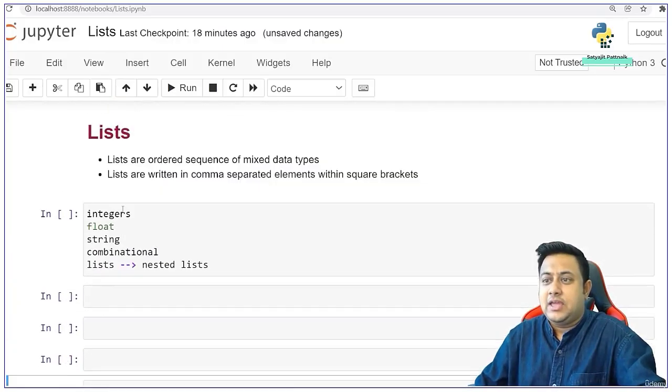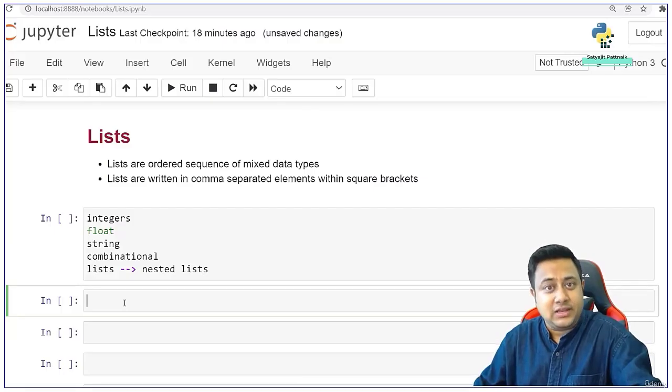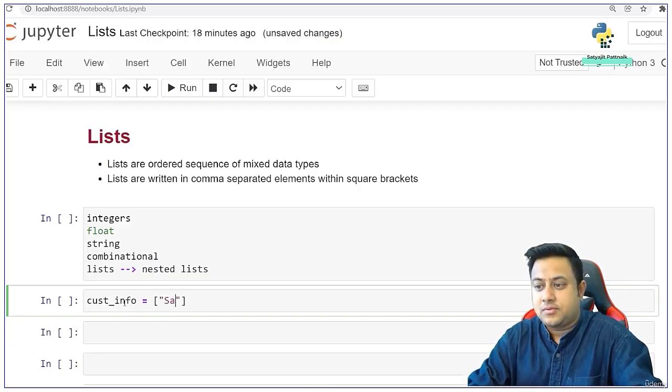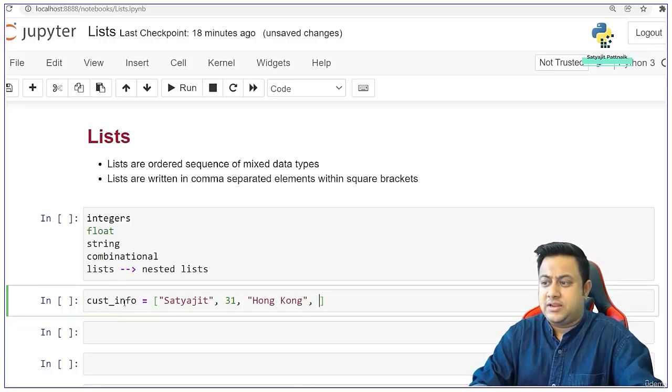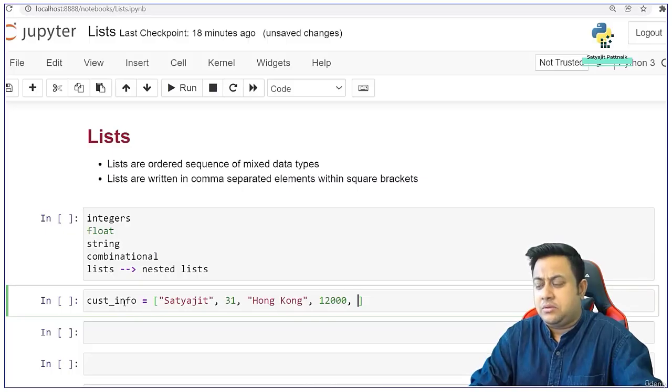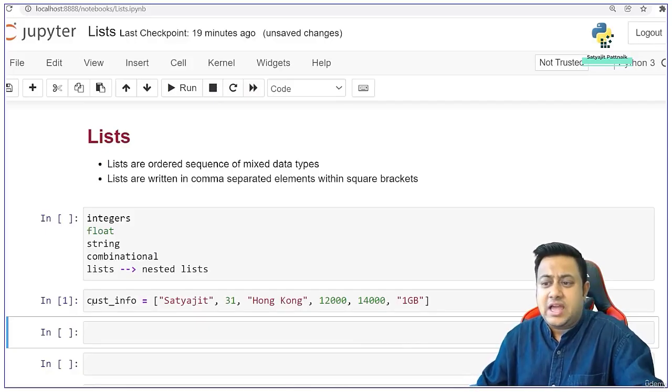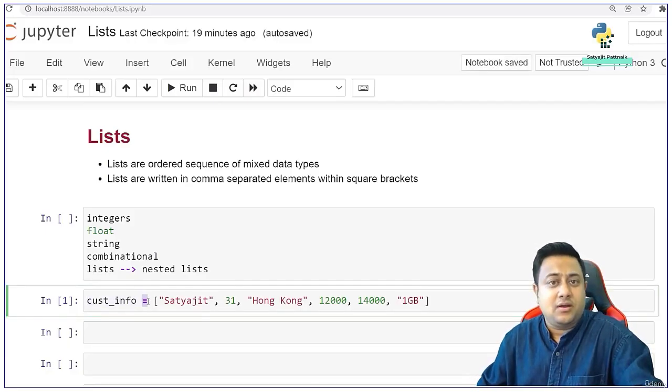So let's say you want to store your information in a list. Let's say cust info. I'm storing my information: my name is, my age is 31, my location is Hong Kong, my salary is 12,000, my something else is 14,000, and my bandwidth is 1 GB, which I define as a string. Now if I store this, you can see I have defined a variable, an assignment operator,